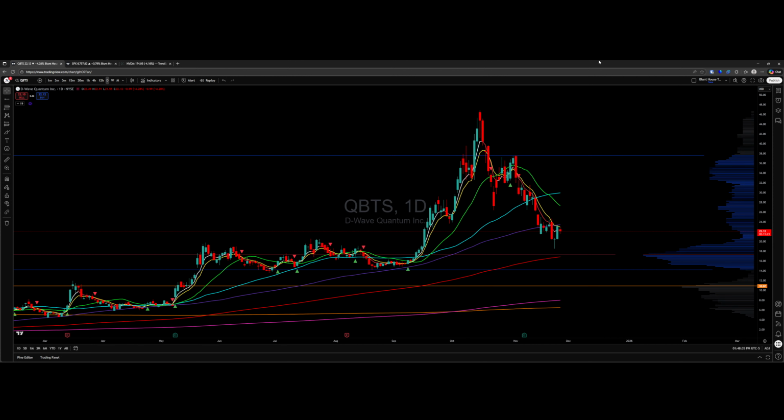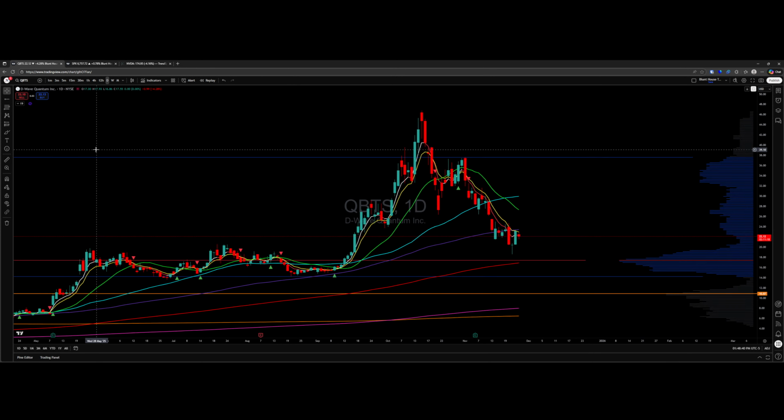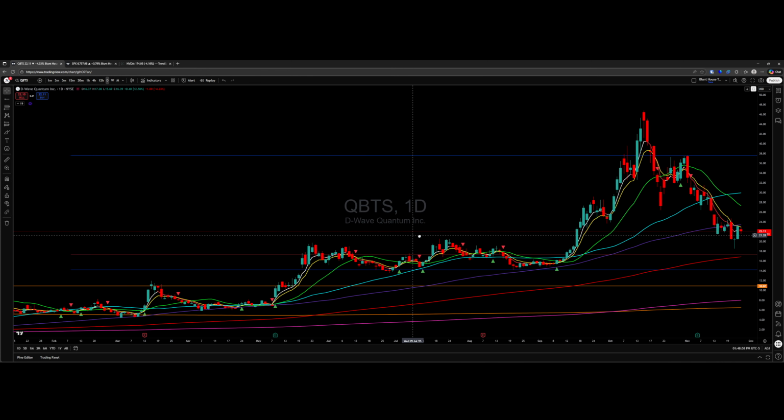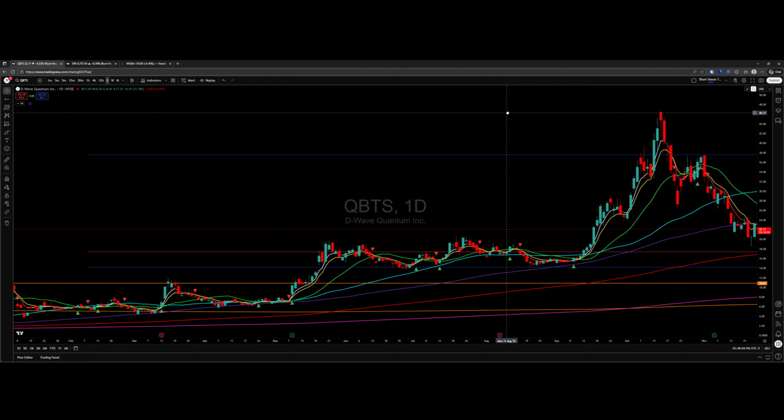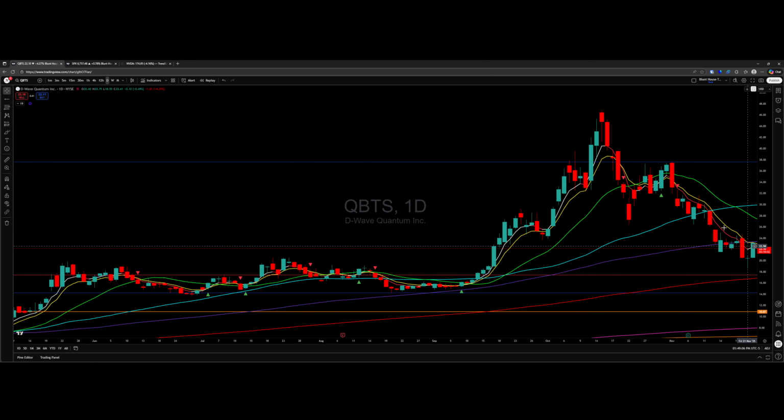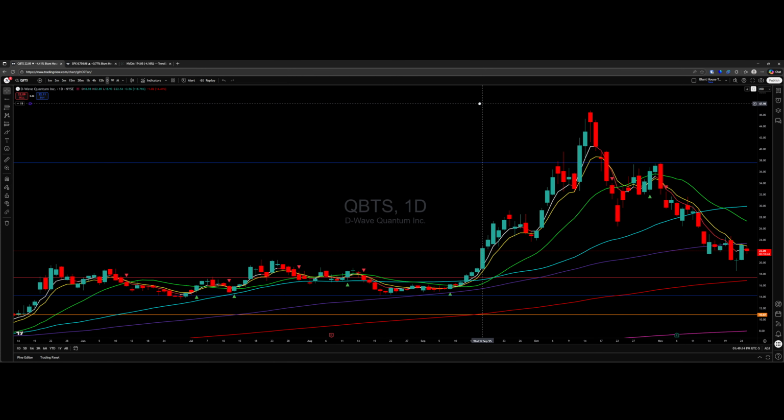This D-wave chart is also really good for showing that kind of what-happens-when scenario. The reason I like showing this one is because the bulk of the concentrated trading that you see in the volume profile is within where it's trading right now. It's not like some of the charts where you're trading in these gray zones. You can see this is the upper value range, that thin blue line. When you failed it, you pretty much instantly went into this capitulation. This is the high average, and the market said, no, I don't think so, and it just rolled right over.